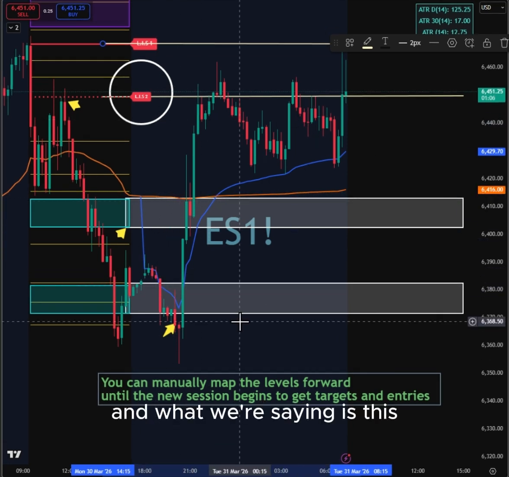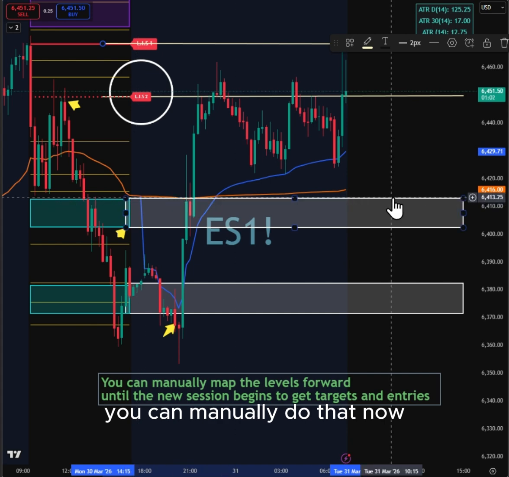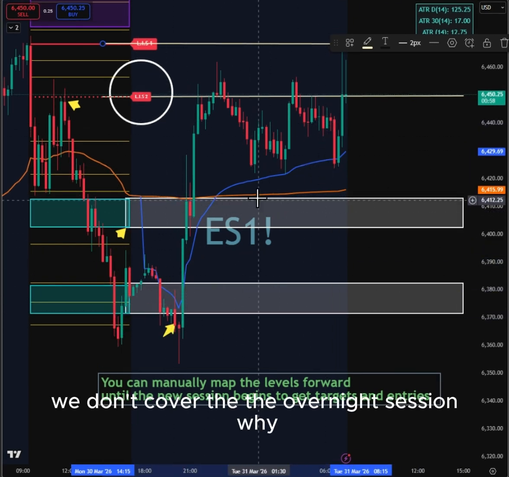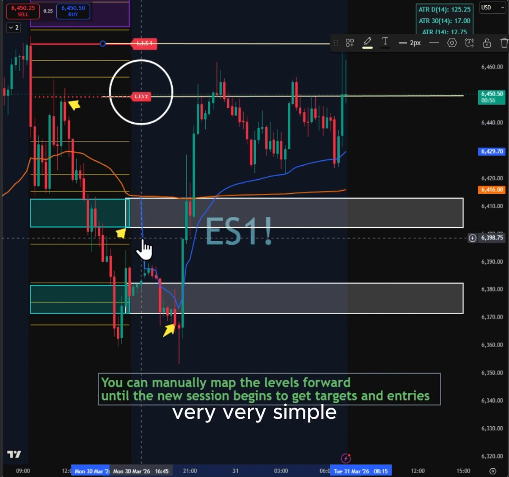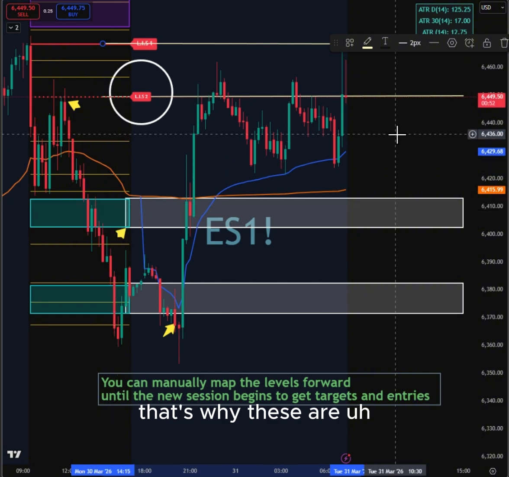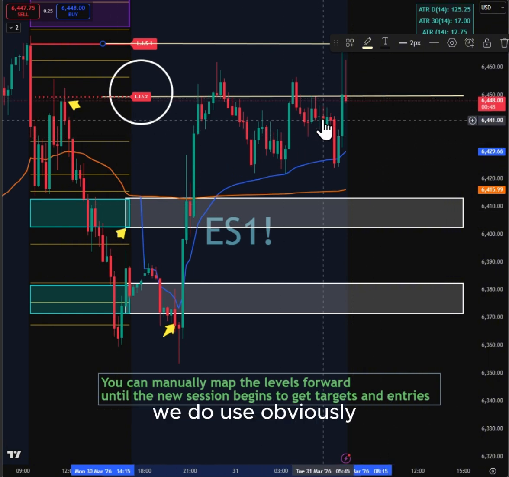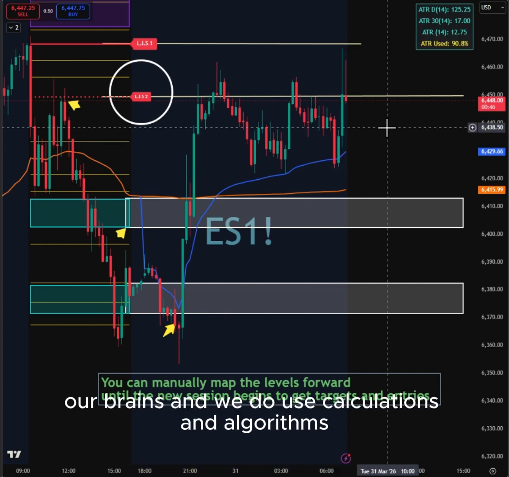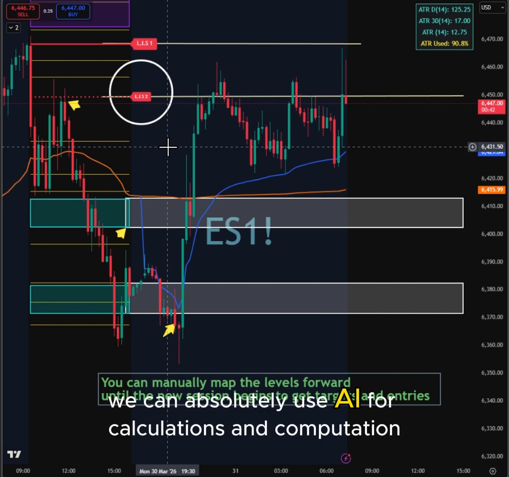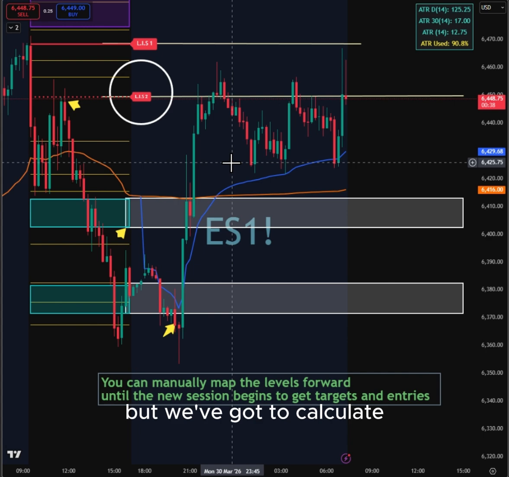And what we're saying is this. If you were to just stretch forward the zones, and you can manually do that now, because we don't cover the overnight session. Why? Very, very simple. We're asleep. That's why. These are human researched, human analytics, right? We do use, obviously, our brains, and we do use calculations and algorithms, right? For sure. We can absolutely use AI for calculations and computation, but we've got to